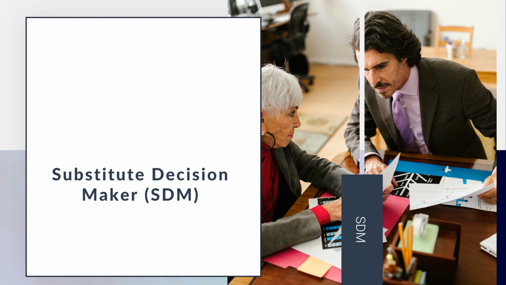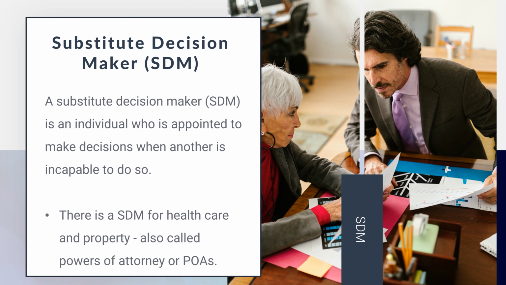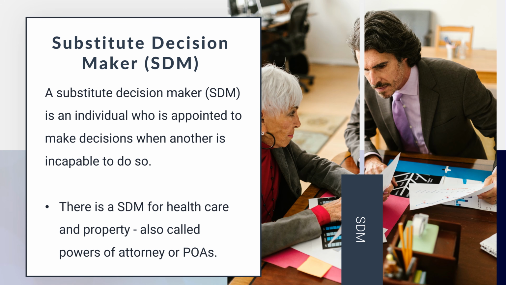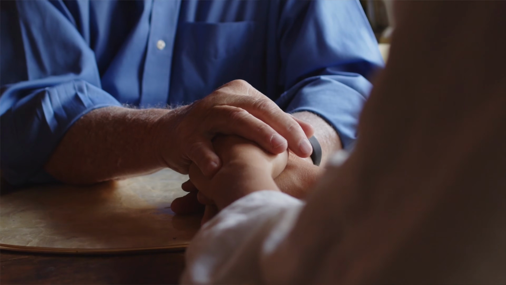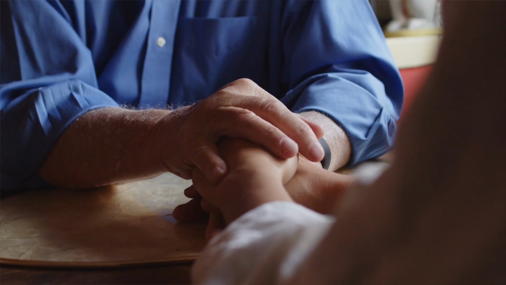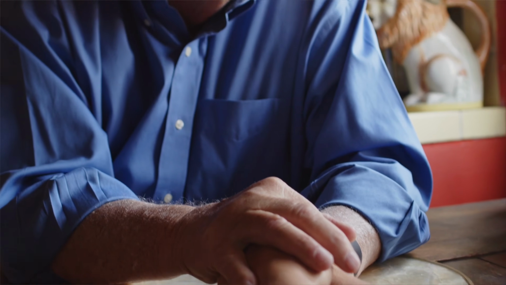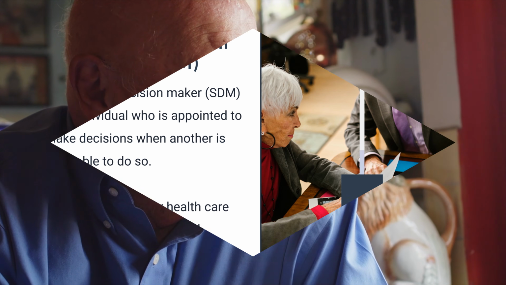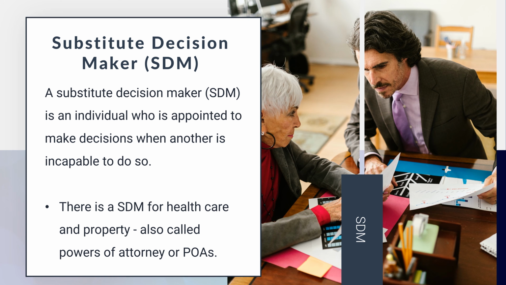But an SDM, or a substitute decision maker, is an individual who is appointed to make decisions when someone is now incapable of doing so. So you see Mr. Jones, he finds out about his particular illness. Let's put together what we just learned. He finds out he's palliative now, and he knows his prognosis, he knows his diagnosis, and he says, you know what, I need to come up with an SDM, someone who will make decisions when I'm no longer able to do so based on my particular